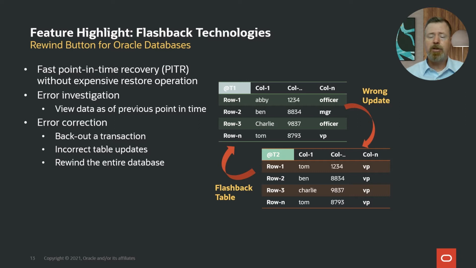If we look at the use case that we have here, where somebody has accidentally given a promotion to everybody in their company up to VP, it's almost comical. But if you think about it, if this table is tied to security, this could cause quite a few problems. People could have privileges that they shouldn't have and access they shouldn't have. So you want to resolve it very quickly. But you don't necessarily want to rewind the entire database. You certainly don't want to have to restore from backup if you can avoid it.